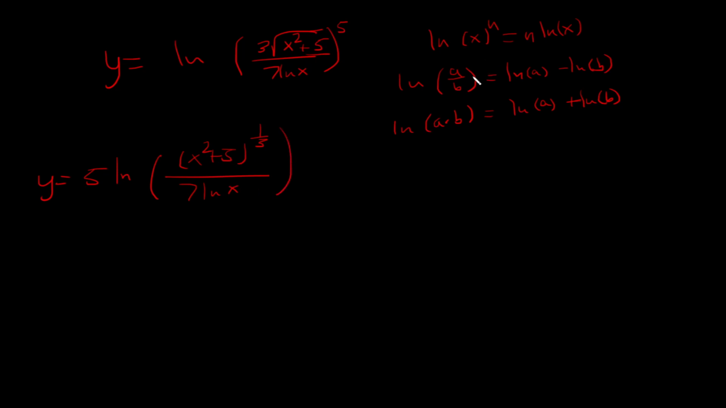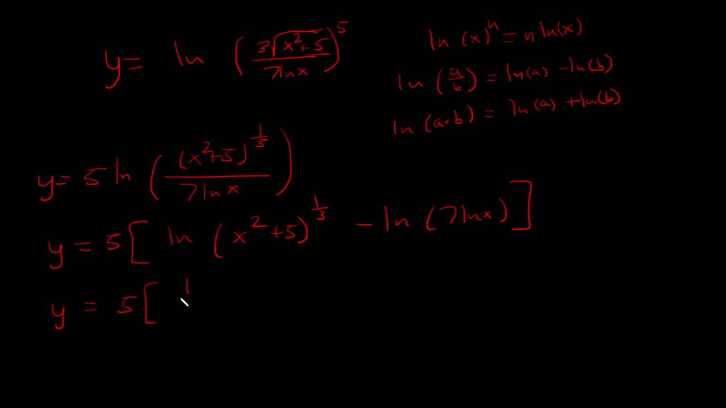And so now I can use the second property, where I split this up into two separate logs. When I split this up, I want to make sure I'm multiplying both logs by 5, so I'm just going to put a bracket here. Okay, now I can bring down the 1/3. So it'll be 5 times the quantity 1/3 ln of x squared plus 5